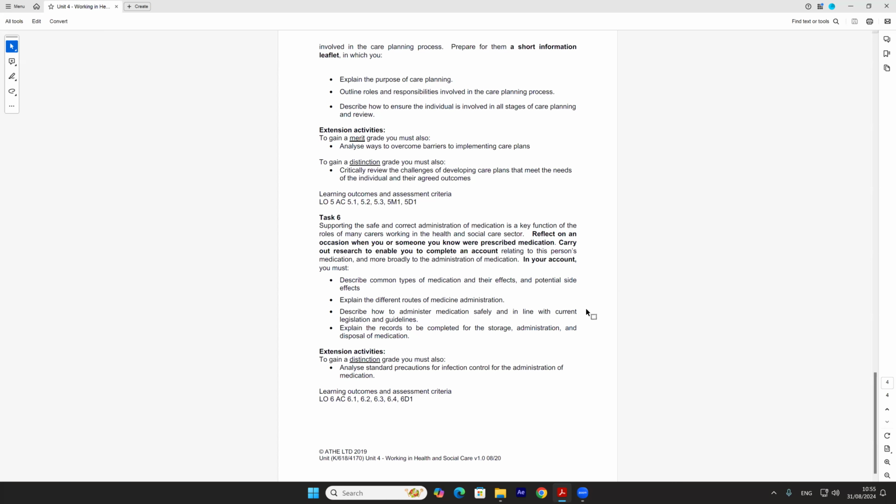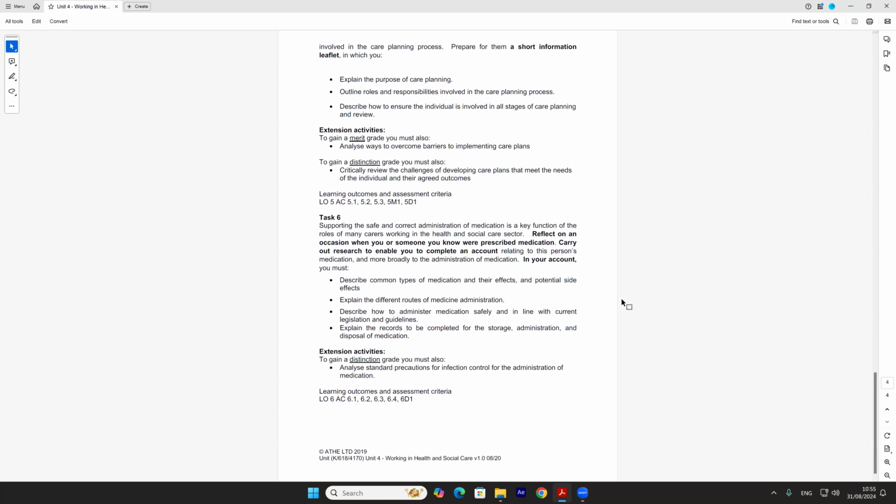Then we have to discuss safe administration practices. So we need to describe how to administer medication safely and in line with current legislation and guidelines. So we need to discuss how to administer medication safely, including checking prescriptions, adhering to the 7 rights of medication administration, and monitoring for adverse reactions. And also we need to give examples of legislation and